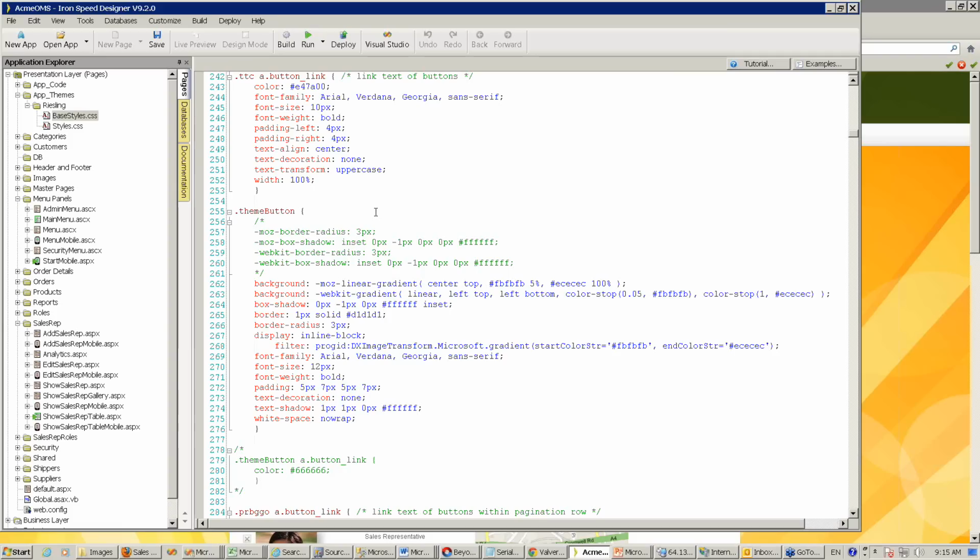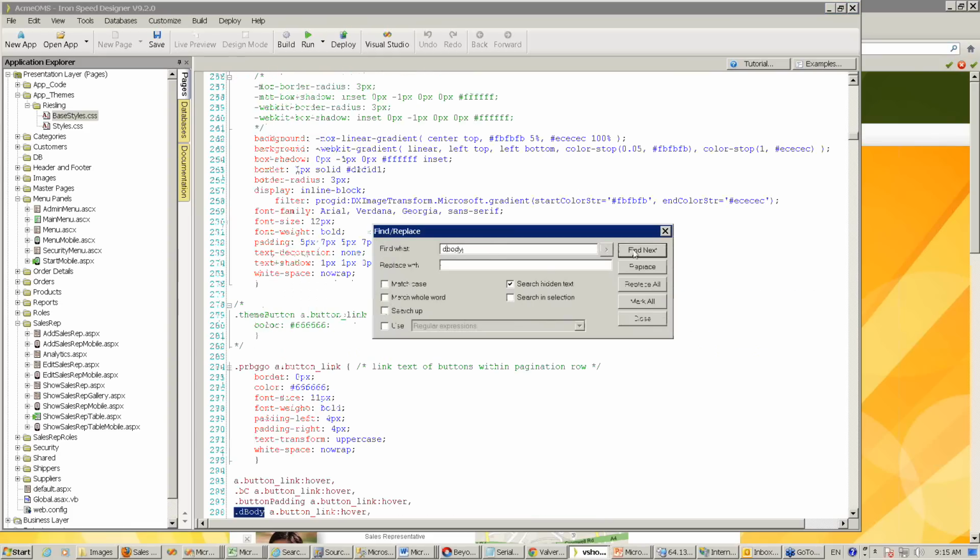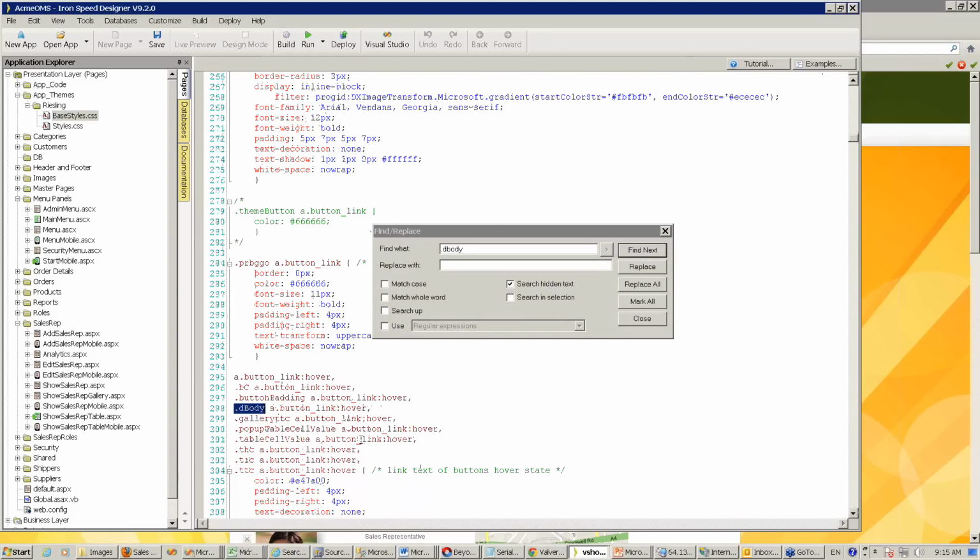In the styles, why are there multiple names, dialog body and dbody? Very good question, thank you for that as well, because I wanted to say something about it, but I forgot. Let's check, for example, dbody. It's one of the good examples. So d.dbody, right? Let's find them. So this is the first one, and these will affect the body which belongs